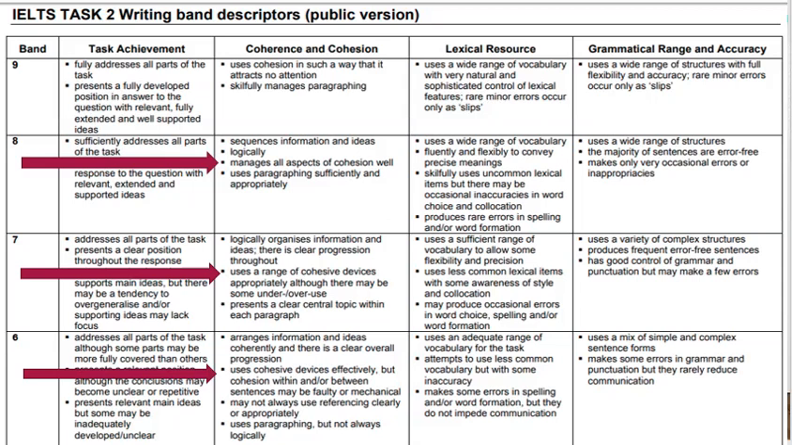Then let's look at the band 8 description for cohesion. It manages all the aspects of cohesion very well. So this shows that if you are improving in your cohesion, then definitely the band score would shoot up to an 8. Similarly for band 9 also, you can see that the first point says it uses cohesion in such a way that it attracts no attention. That means